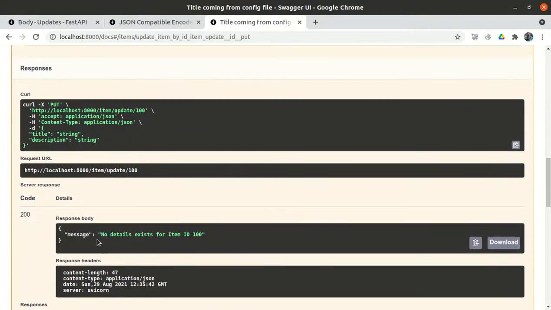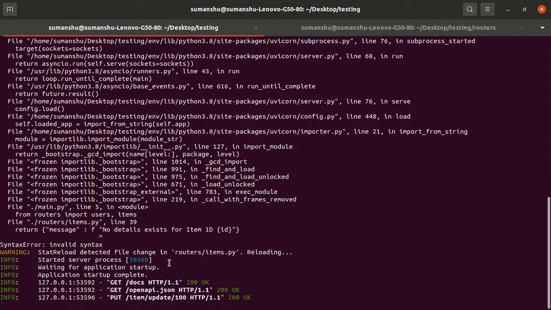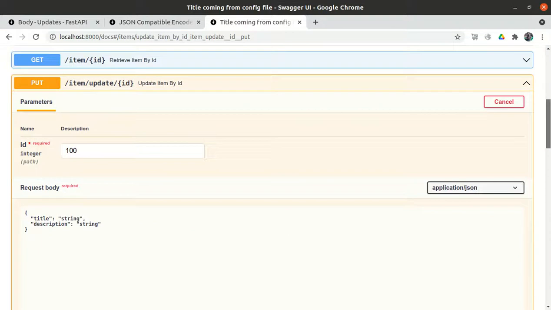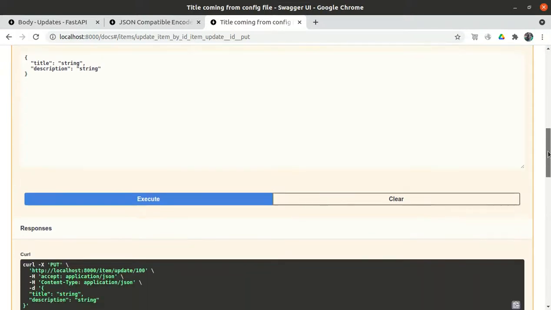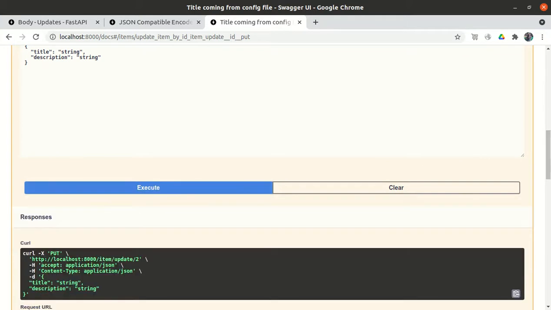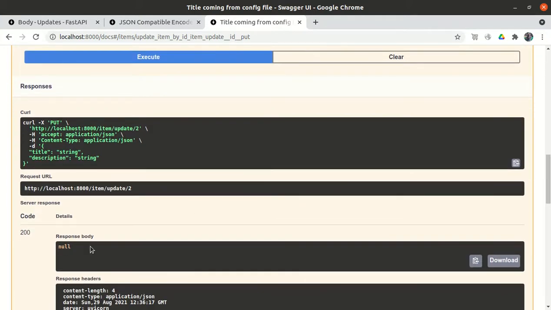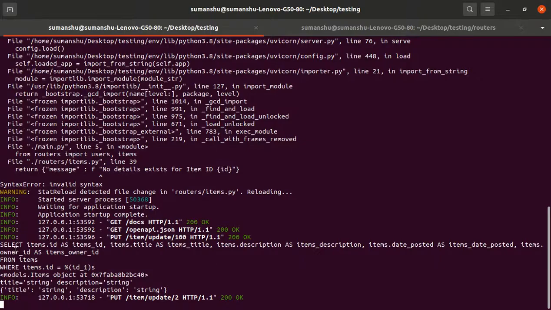It returned no details exist for item ID 100. But let me check if any item exists. Let me check for 2 and execute. Yes, 2 exists, and it is returning a null.